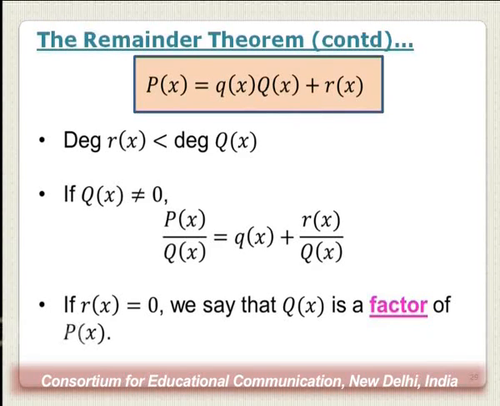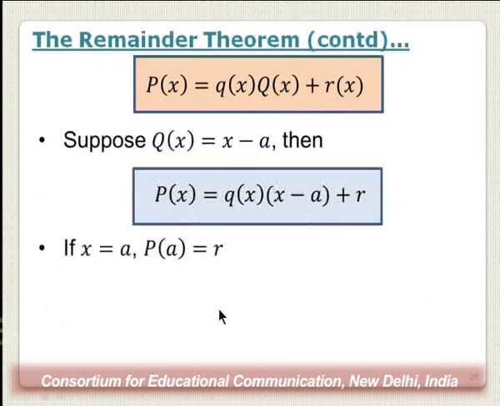When I use the word factor, it means that if I were to divide P of x by Q of x, it would leave a 0 remainder, and that's precisely what we are saying here, right? Now suppose this capital Q of x is given by x minus a. It's a polynomial of degree 1. Now in this case, we will write our polynomial P of x as little q of x, which represents a quotient, times x minus a, because that's the expression you're now dividing by, plus the remainder, which is now going